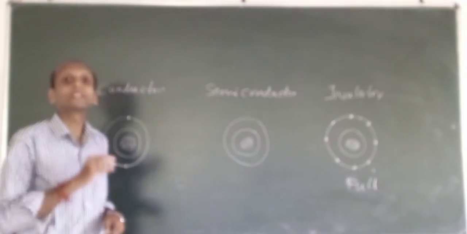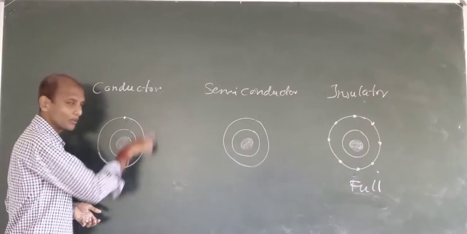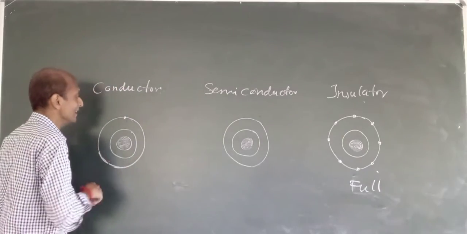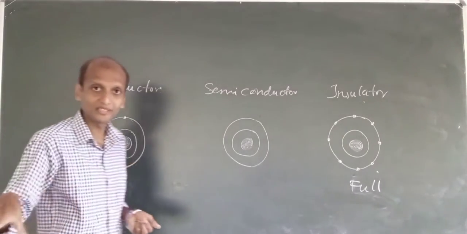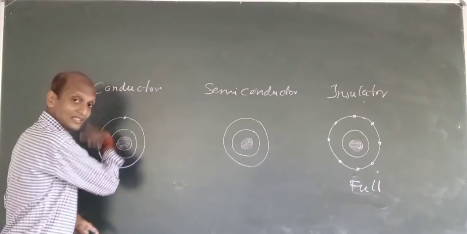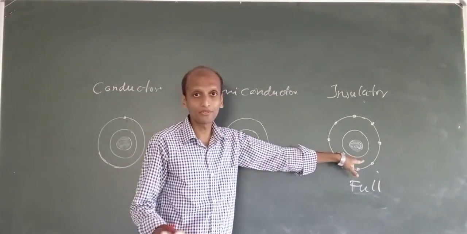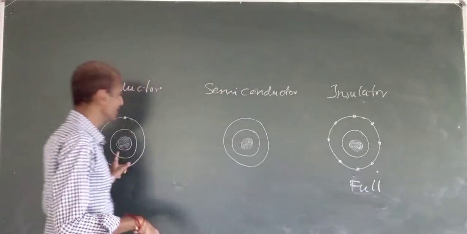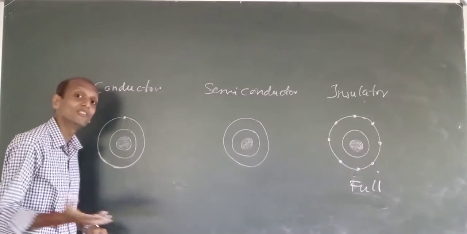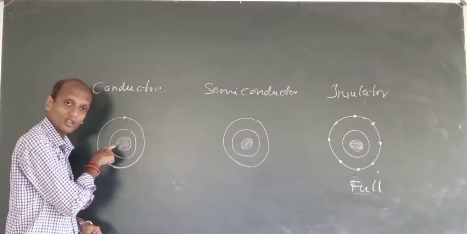Because there are no vehicles on the road, I can go like anything. Here, what happens is, when there is a bench, only one person is sitting, and that bench can have 7 more. Is that okay now? Before, the bench was full, and a 9th person couldn't come and sit. Here only one person is sitting, 7 more can come and sit, isn't it or not? So it can have 7 more charges which can come and sit on this outermost orbit or valence orbit.